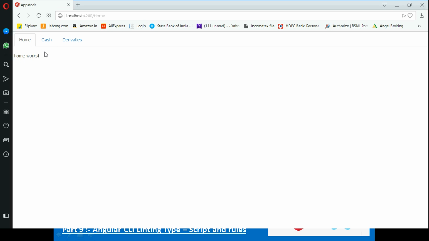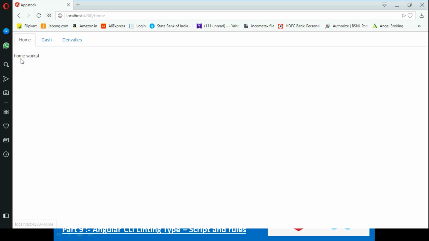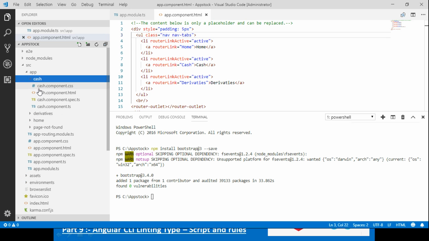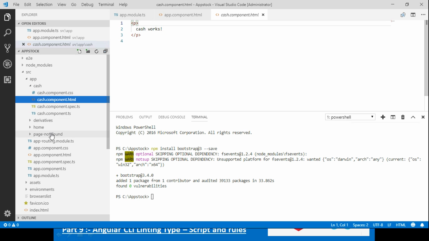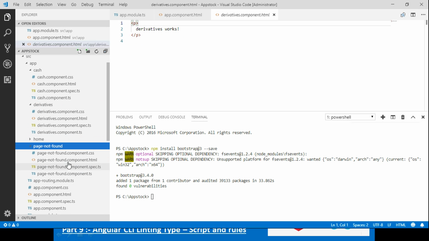Now home works, cache works, derivatives works, and if I change it, page not found works. And you may have a question: where do page not found, home works, cache works and derivative works come from? So friends, in our components, cache component.html says cache works and derivative component.html says derivative works, and page-not-found component.html